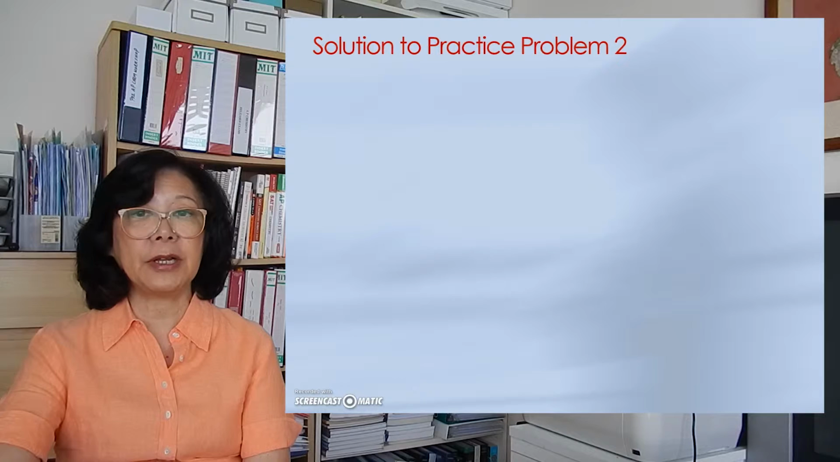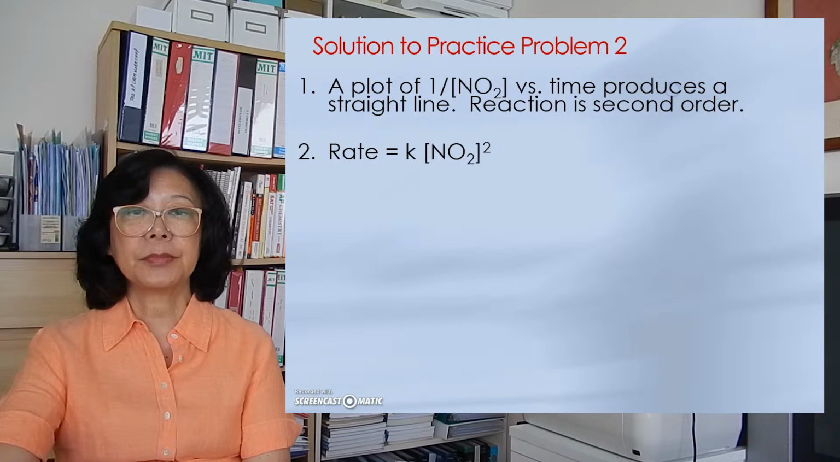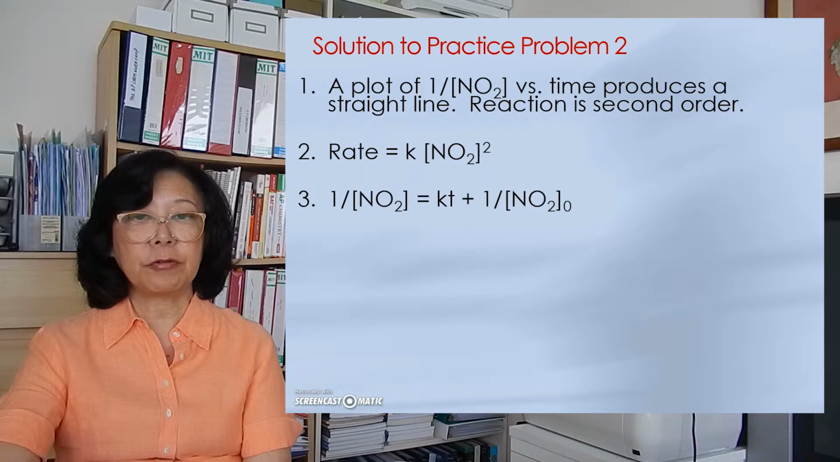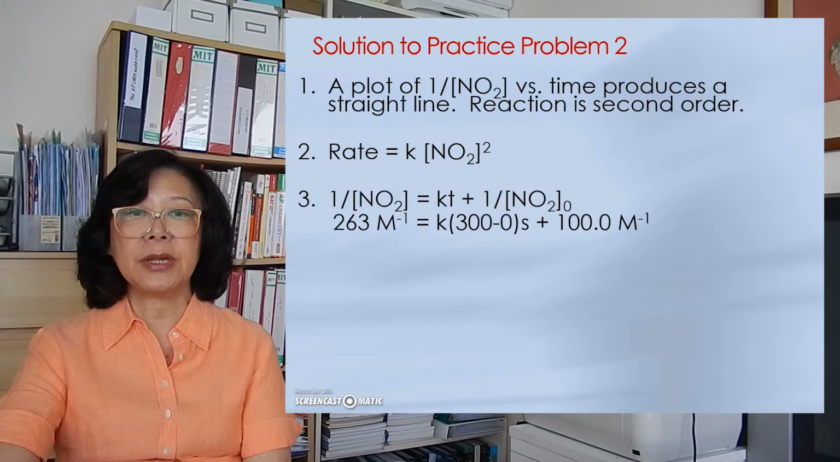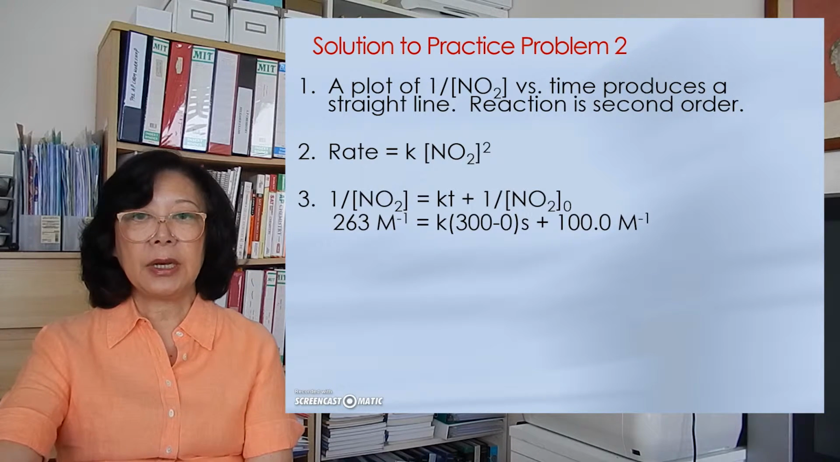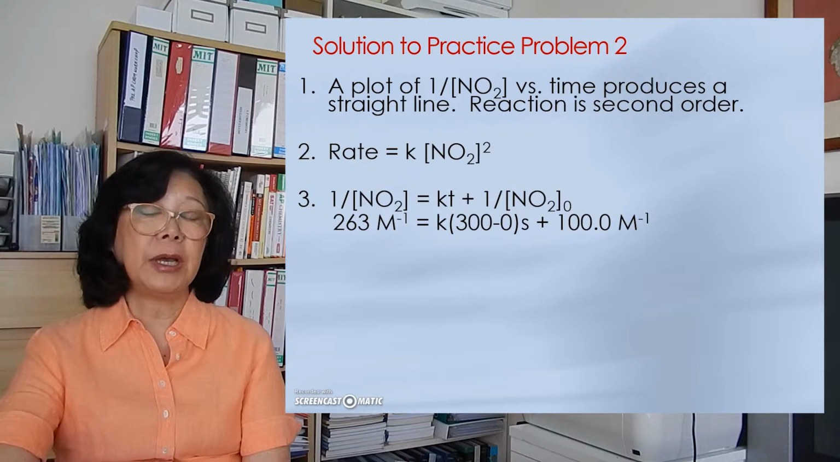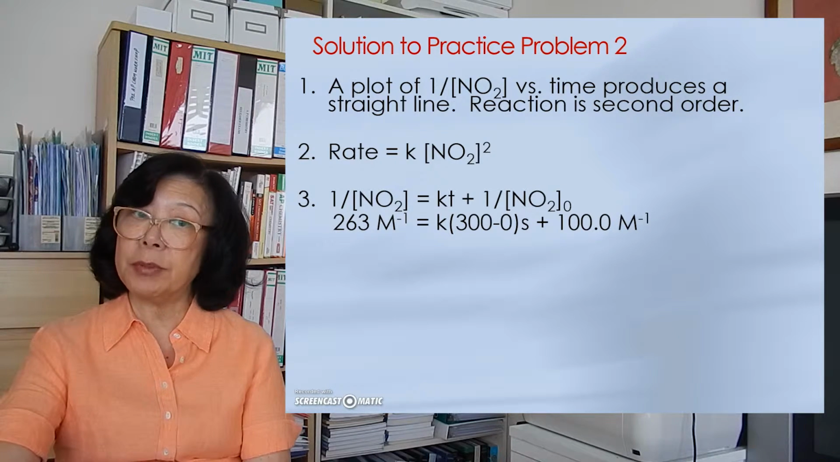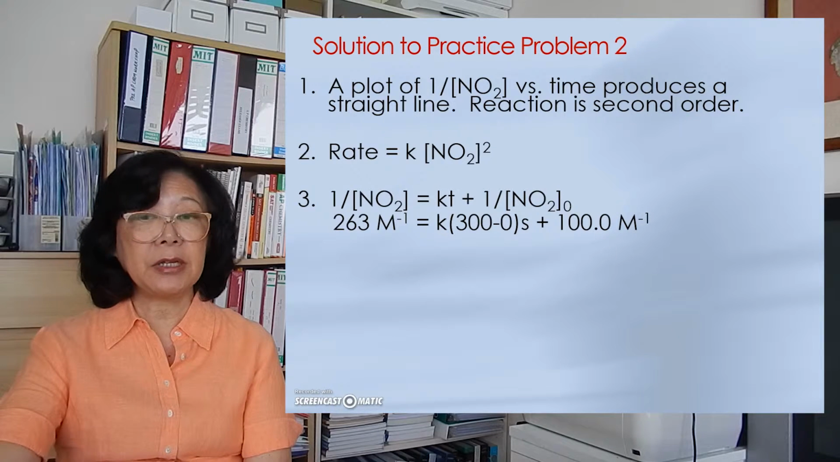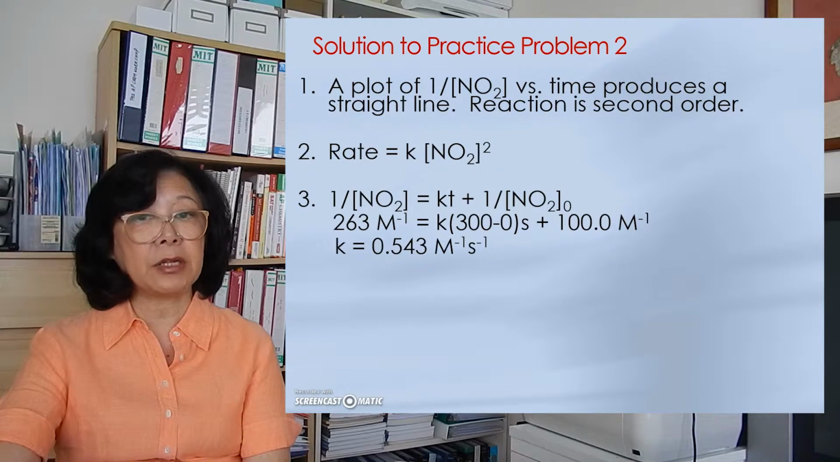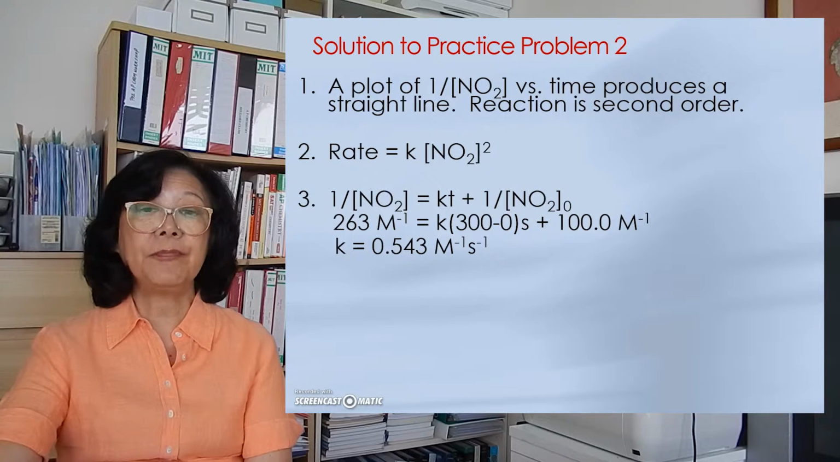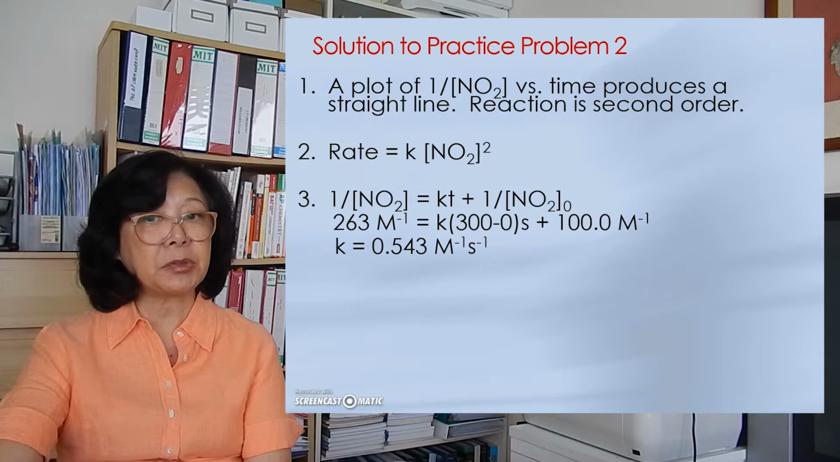Going further on the calculations, from the differential rate law and the integrated rate law, now we can plug in the values. 1 over NO2 at time 0 is 100, and 1 over NO2 at 300 seconds is 263 molarity minus 1. And plugging in the time of 300 seconds, we now calculate the rate constant to be 0.543 molarity minus 1,